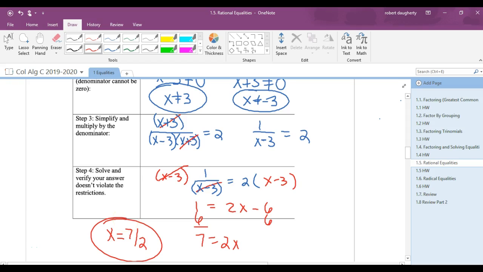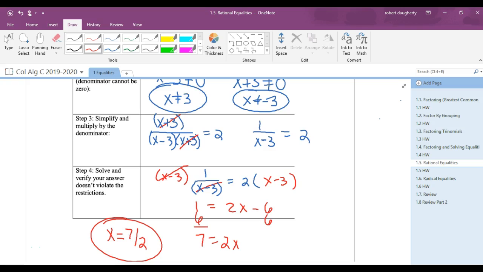What can x not be equal to? 3 or negative 3. That's fine. That doesn't violate that condition. Okay, so that answer is good. Yeah, if x equals 0, that'd be fine. What can't be equal to 0 is the denominator. So if x were 0, this would still be defined. Okay, so if you got x equals 0, that's fine as a solution, as long as it doesn't violate the